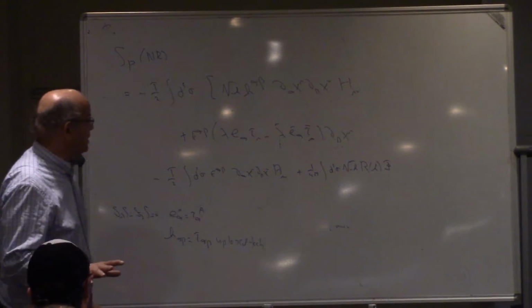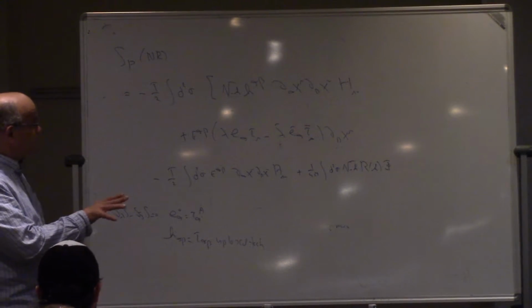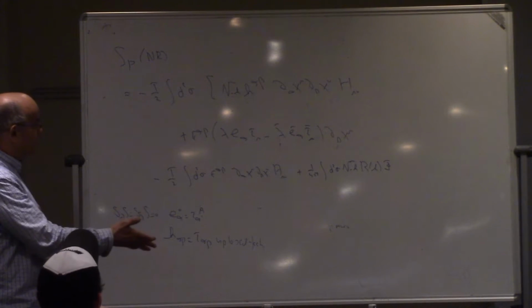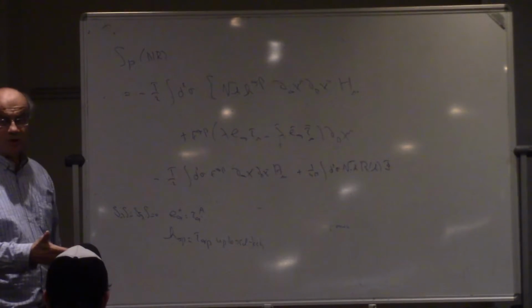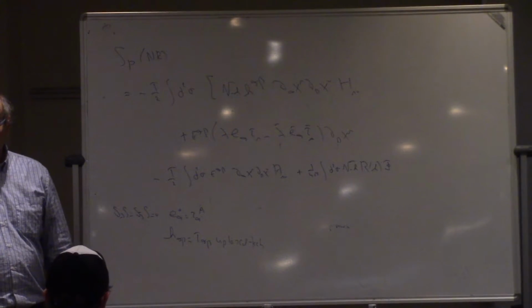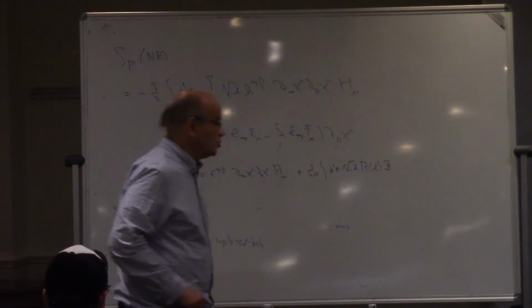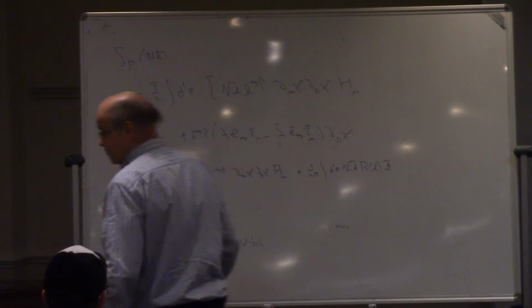So at the end of the day, I skipped a few subtleties, but what I want to say is that here there is a proposal for an action of a non-relativistic Polyakov string action. And what are the calculations you can do now? Now, one thing you can do is